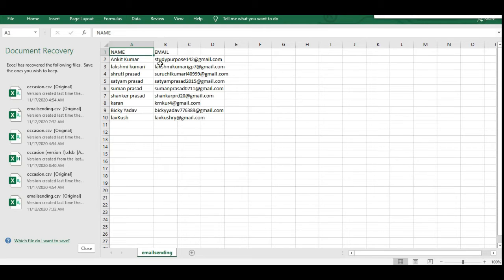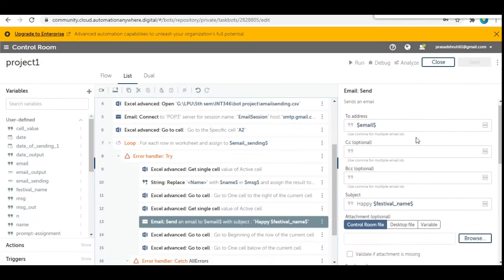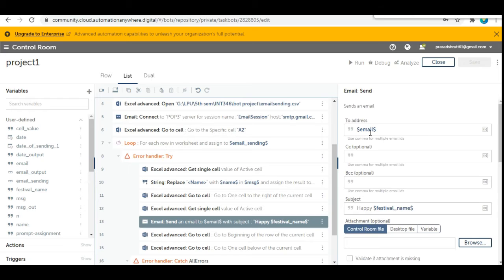Then after that, the pointer is set to the right position, and in the right position the Gmail address will be given. The send option will be given to the address. I have taken the email as the to address. If you want to send to any specific person, then you have to put only his email address. Then after that the subject. For example, if I want to send an email for any festival, then the subject will be Happy, and then the festival's name.